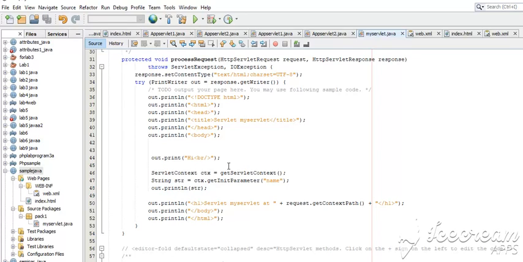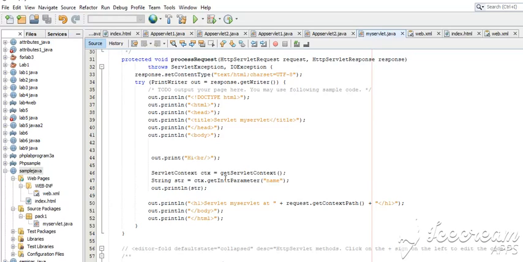It is ServletContext, an interface. When I say ServletContext ctx = getServletContext, here I am creating the object of the ServletContext. If I want to get the object, how can I do that? Luckily, Tomcat said, don't worry, I will give you the object of the servlet context. So you get access to it from getServletContext.